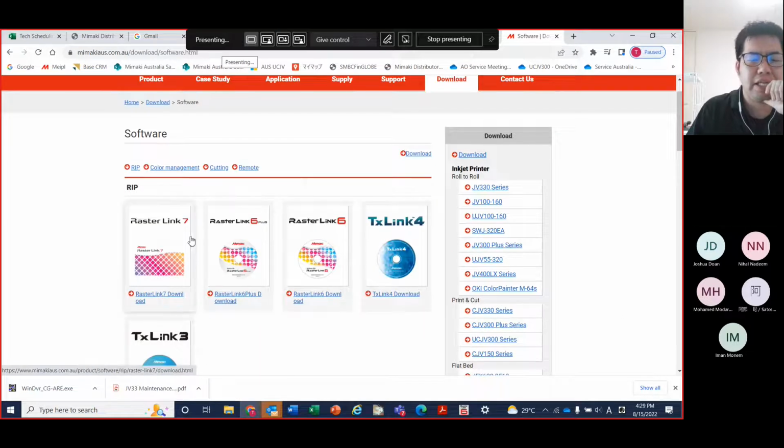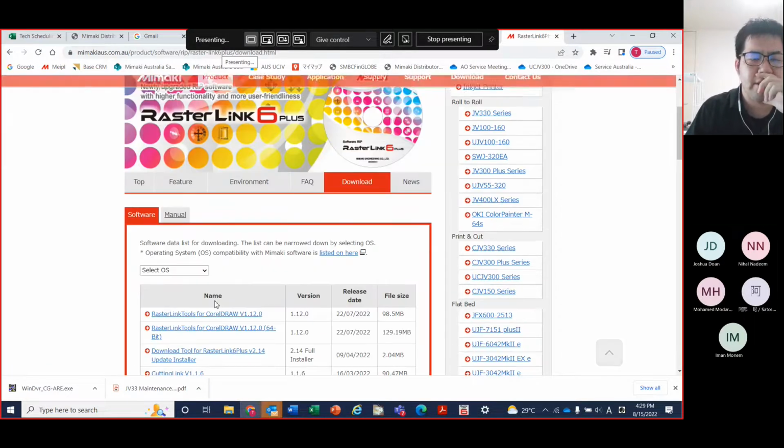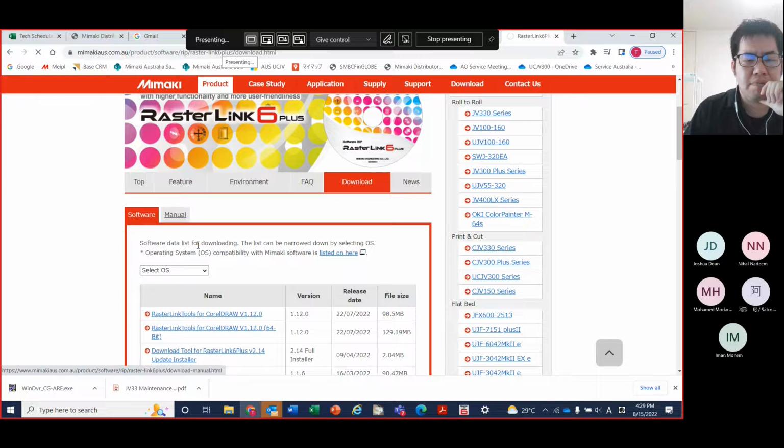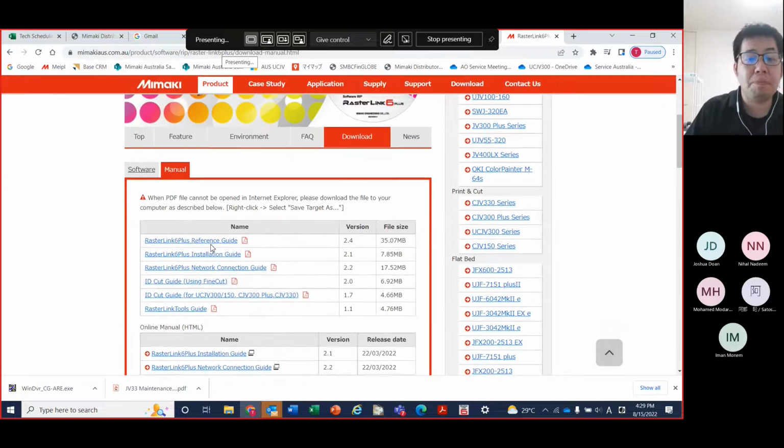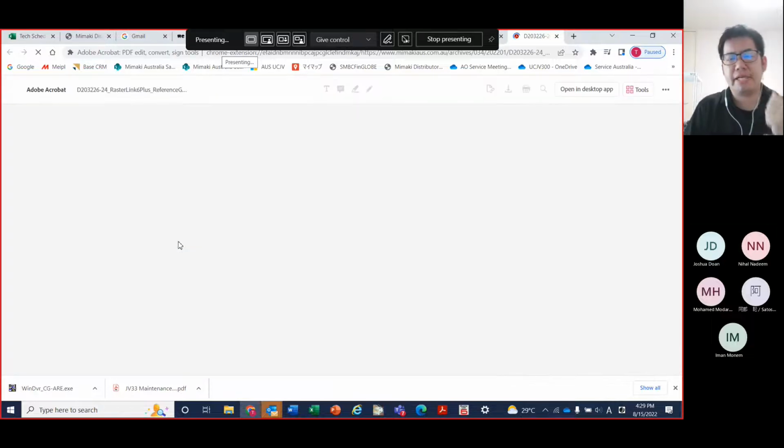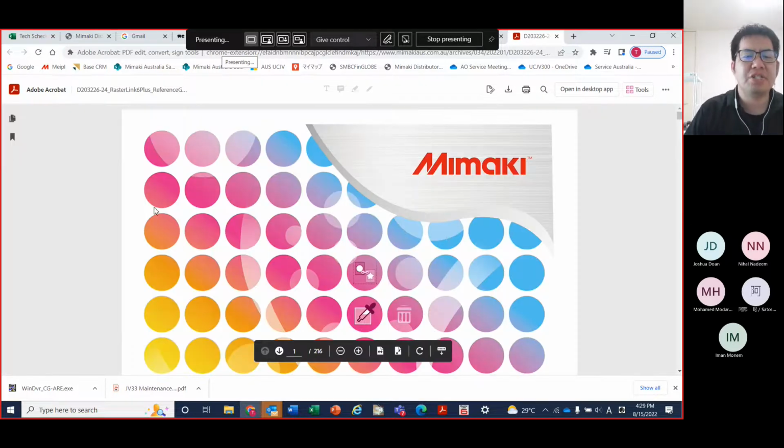There's no difference for the tiling functions. I will just go to 6+, which I'm most used to, go to manual, and open the RasterLink 6+ reference guide. The reference guide tells you everything about each feature of the software, what's the limitation,